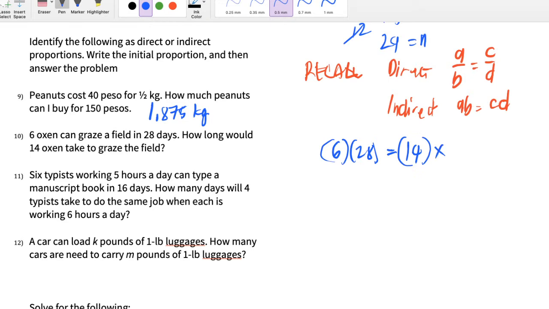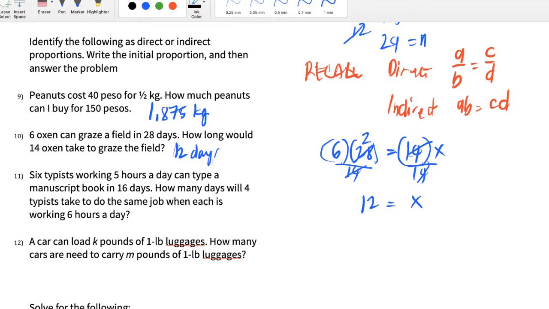Ang kuha natin dito would be, ito magka-cancel lang, 14 and 28 magka-cancel, this becomes 2. X is equal to 12. So, 14 oxen will take 12 days to finish the field. Okay, number 11. 6 typists working 5 hours a day can type a manuscript book in 16 days. Okay, how many days will 4 typists take to do the same job when each is working 6 hours a